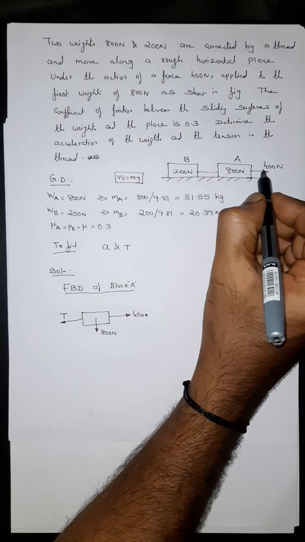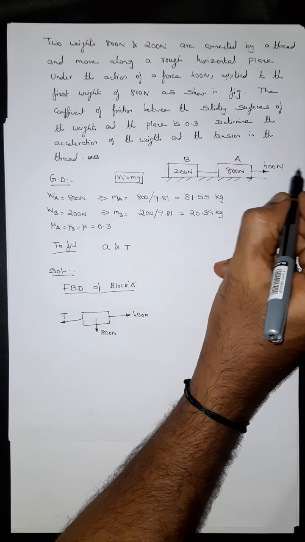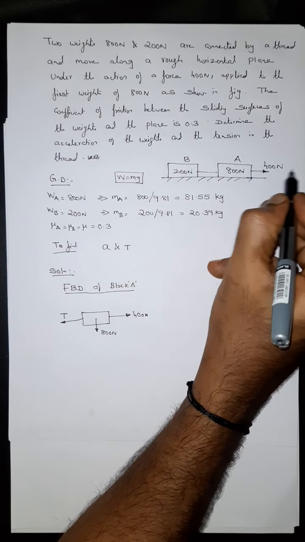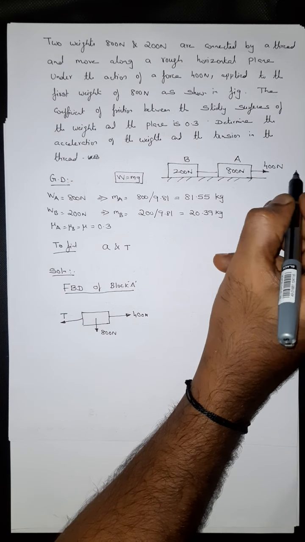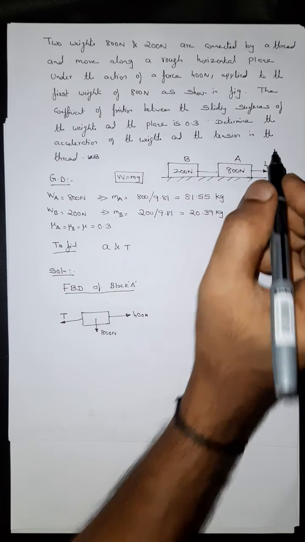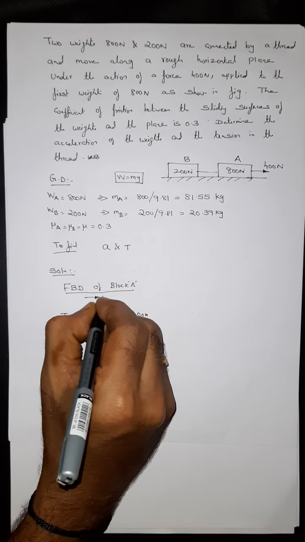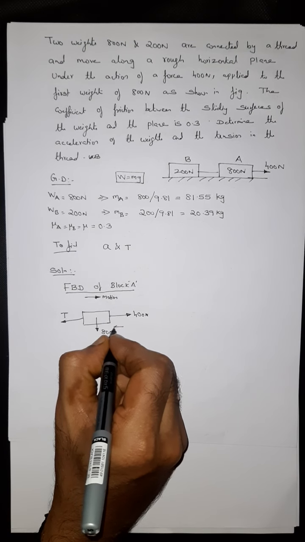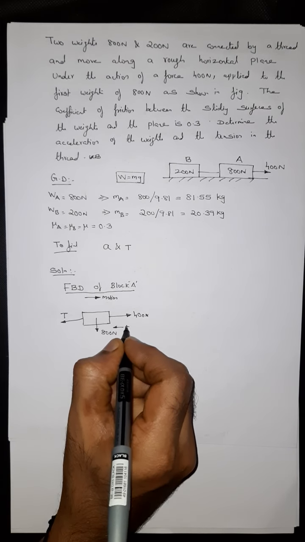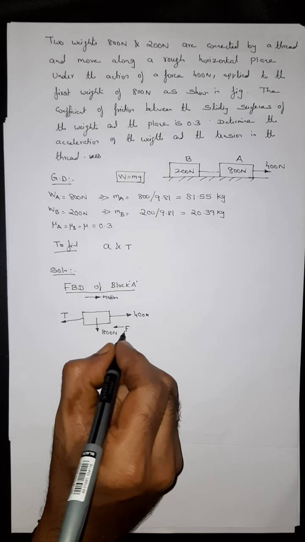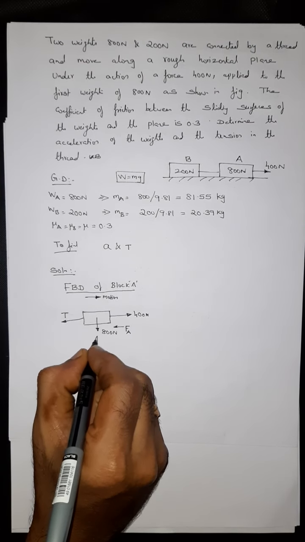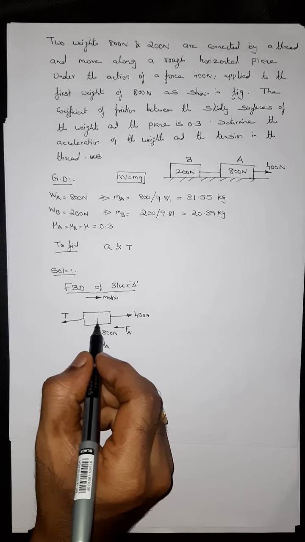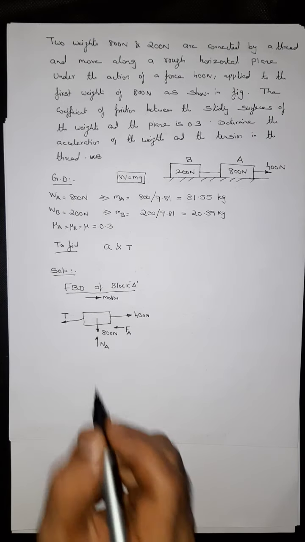Since the force is acting towards the positive x axis, the block tends to move in the right hand direction, that is towards the positive x axis. Therefore the motion will be on the right hand side, and the frictional force will be in the opposite direction of the motion. There is a normal reaction which acts perpendicular to the surface of the object, NA.